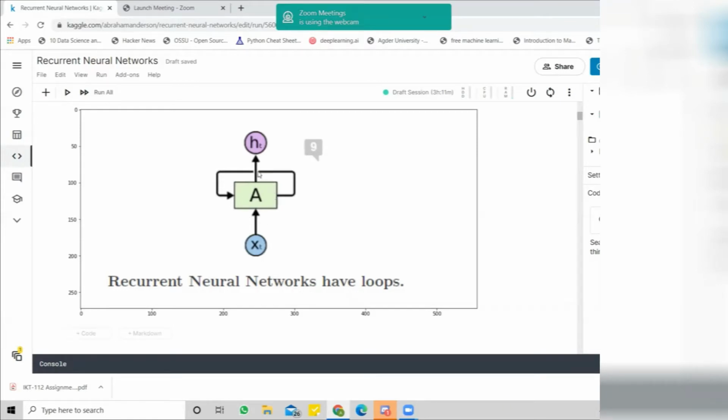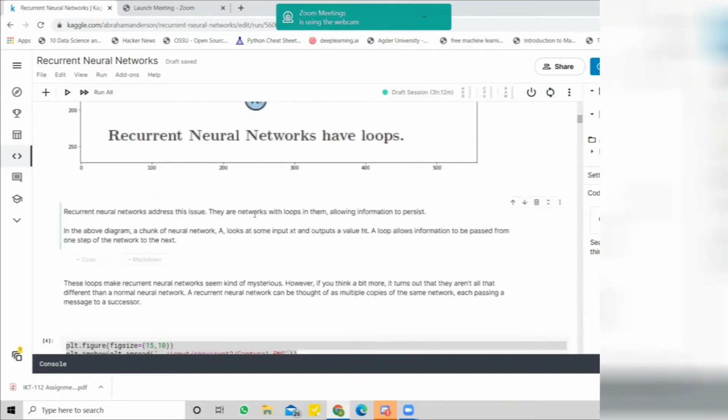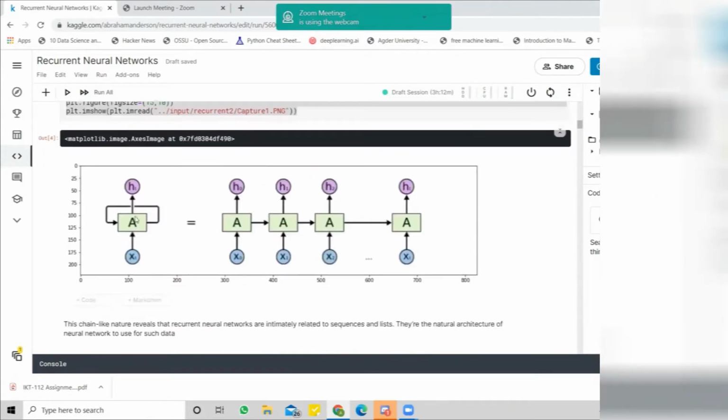It will have a loop inside this network, and according to the input, it will give us an output. This is just a single neural network, but in real life we sometimes have thousands of them, as you can see here.